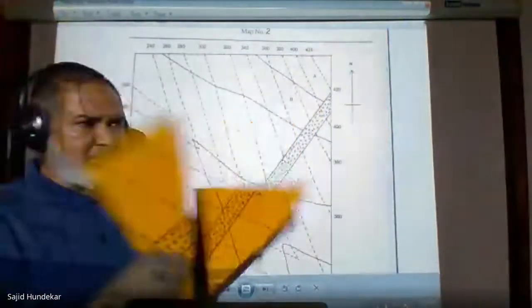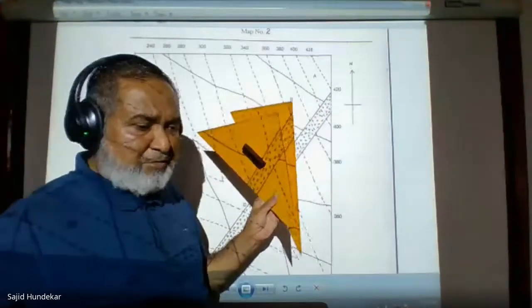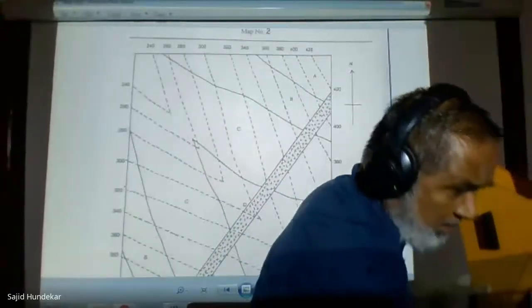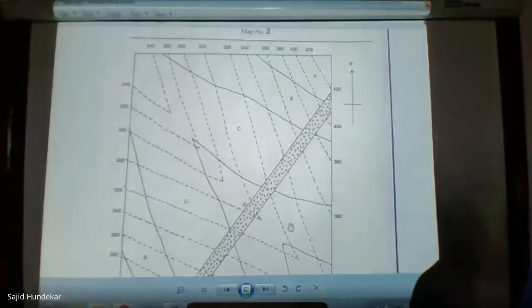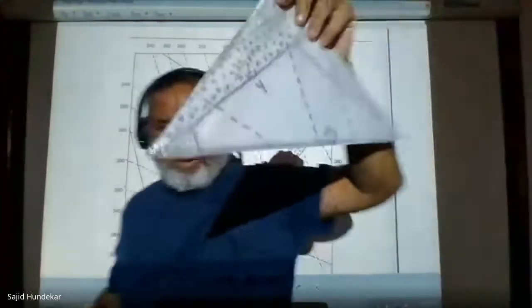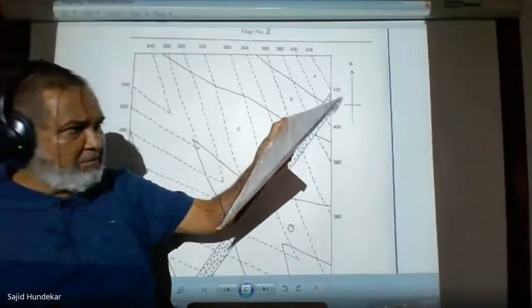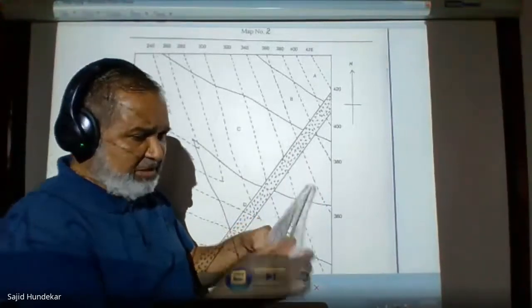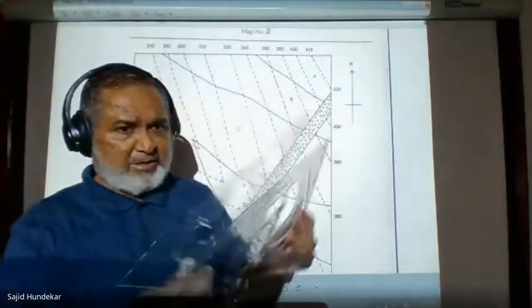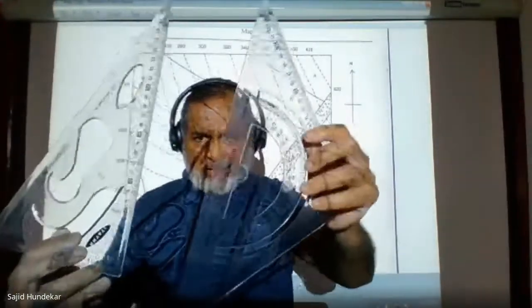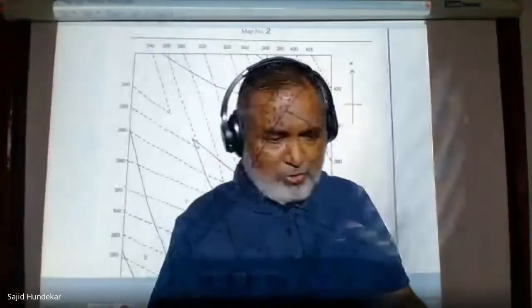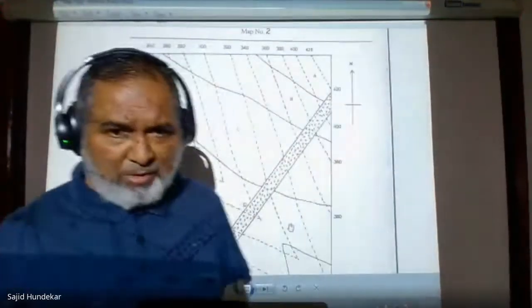Protractor and set square. This is what we have been doing on the board, but when you are doing it at home, there should be a plastic protractor and set square. A pair of plastic protractor and set square is required for you. So you have to buy this one, and with the help of these two, the protractor and set square, you can see the scale, where we have a 180-degree scale. Then this side, again 2 scales are there. So with this, you have to solve this problem now.